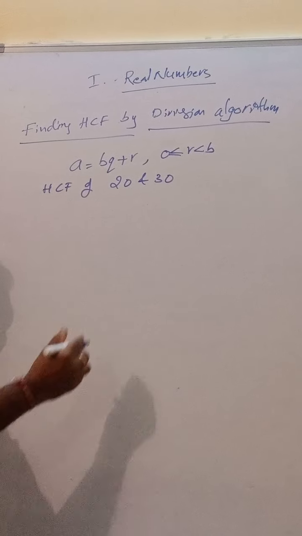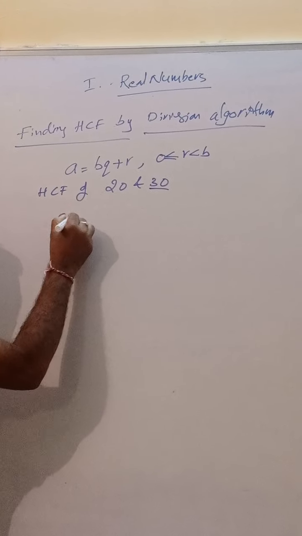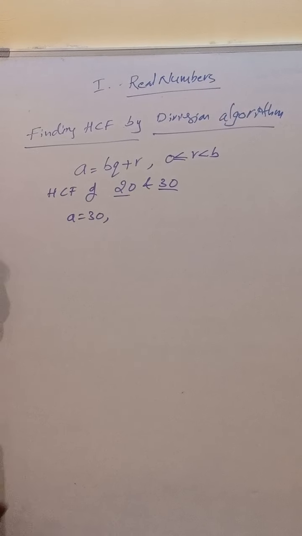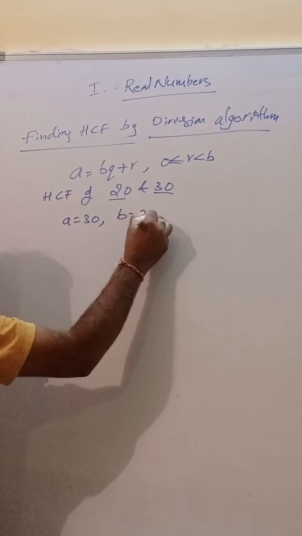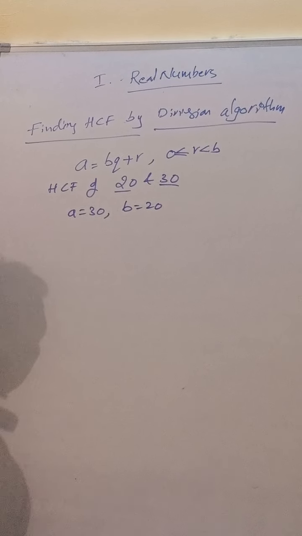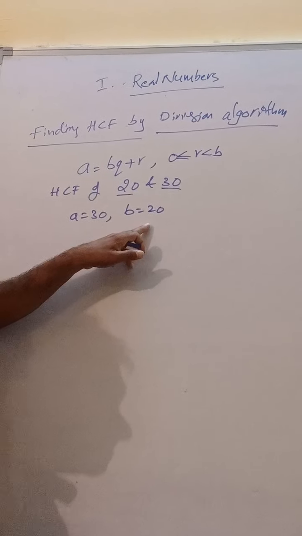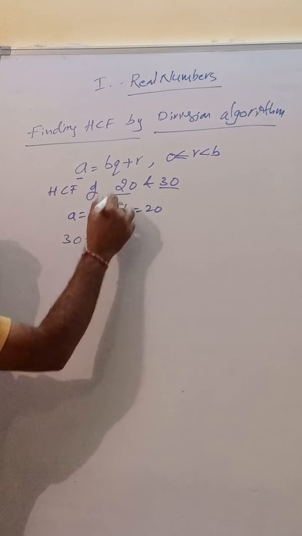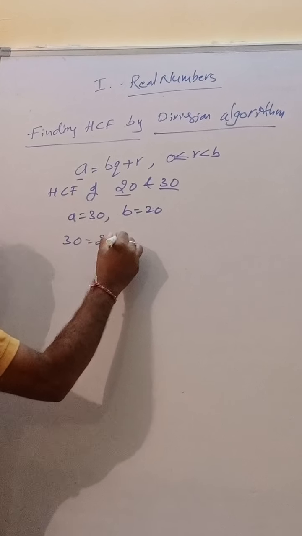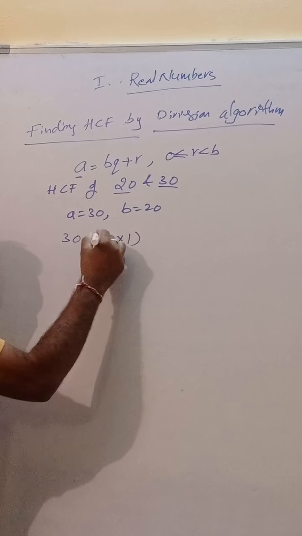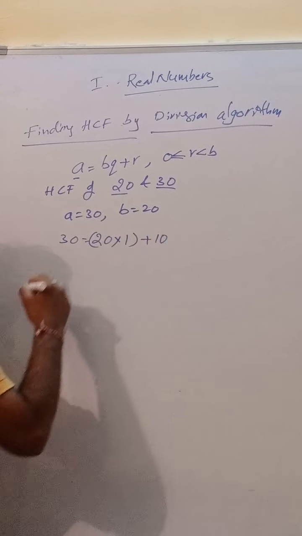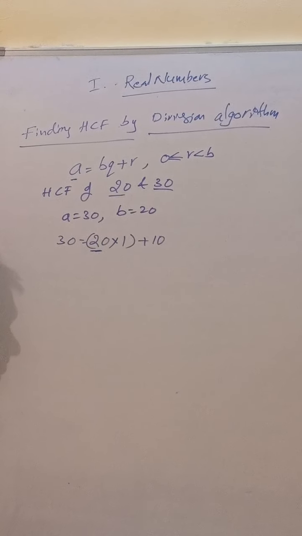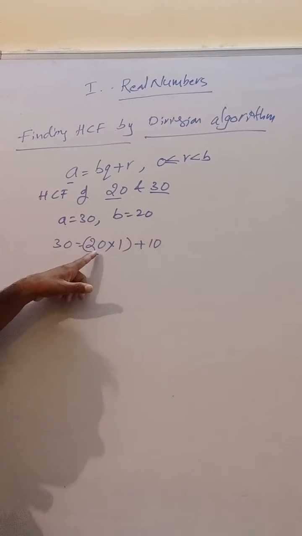Now the maximum number is 30, so A is 30. In the first step, we should divide 30 with the help of 20. B is 20. A is the dividend and B is the divisor. How can we write it? A, 30, equals B, 20, into 20 ones are 20. The remainder is 10. In the next step, 20, which was the divisor in the first step,